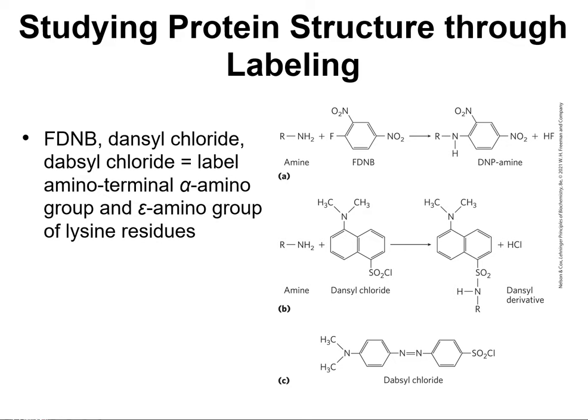So you can modify with all kinds of different chemicals to label that group. And from there, you can do a whole host of things to isolate one peptide at a time. And when it comes to Edmond degradation, you're going to first